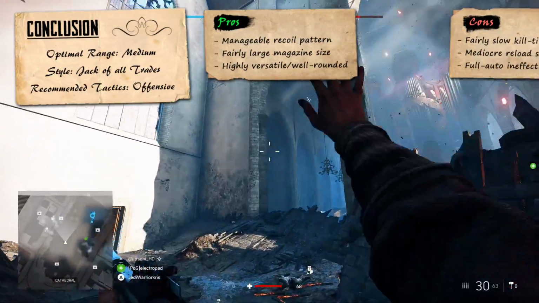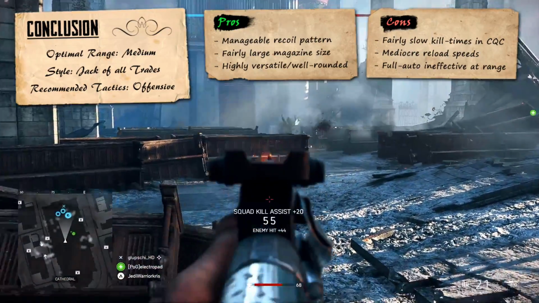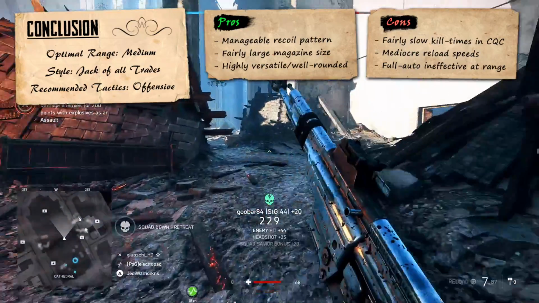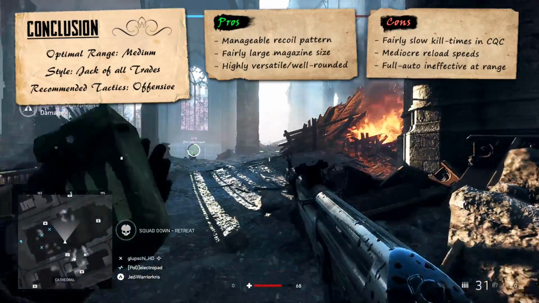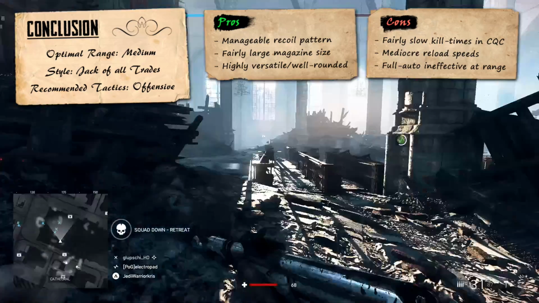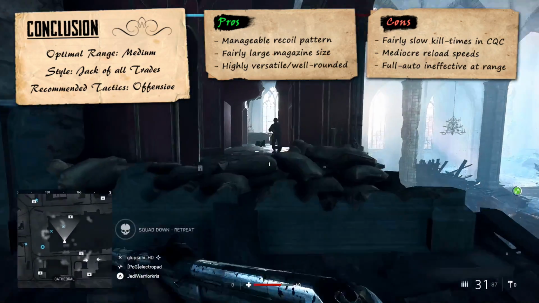So anyway, in conclusion, the STG-44 is basically the good all-rounder assault rifle, the jack of all trades, master of none. It doesn't particularly have any major issues or disadvantages, but at the same time it doesn't really do anything special, performing at a fairly standard level without having any key features to make it excel over the other weapons. It's not exactly the fastest firing thing in the world, but it's capable of holding its own in a